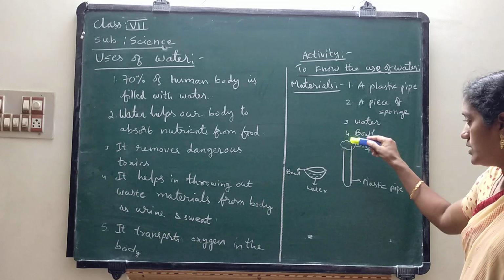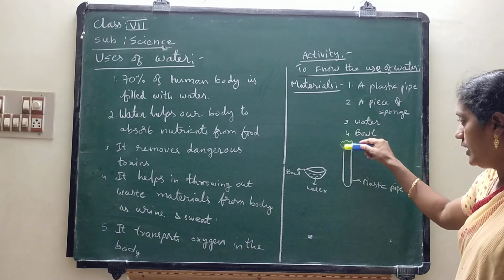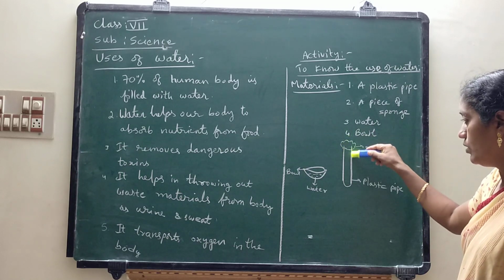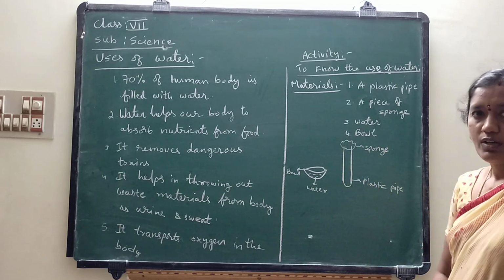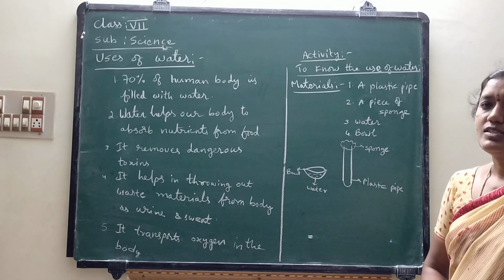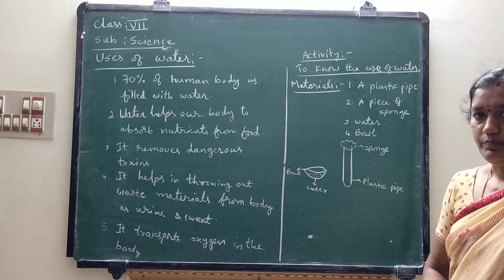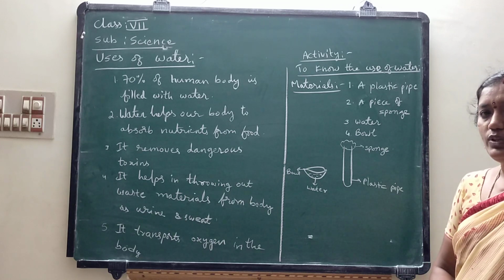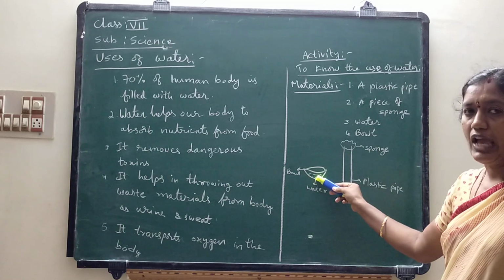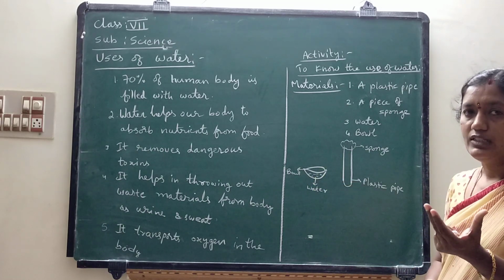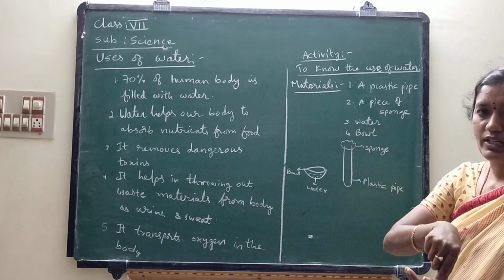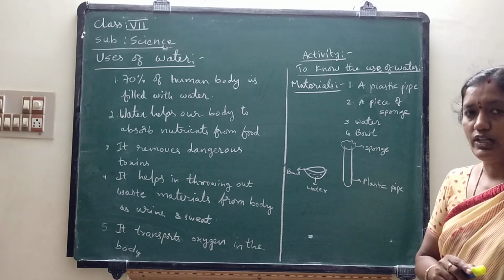Now the sponge is difficult to push. It will take some more time to go into this pipe. Okay children, it does not move smoothly, but with difficulty this sponge will move into the pipe. Now what you have to do is dip this sponge in a bowl containing water. So take a bowl containing water, and dip this piece of sponge into the water so that the sponge absorbs water, children.